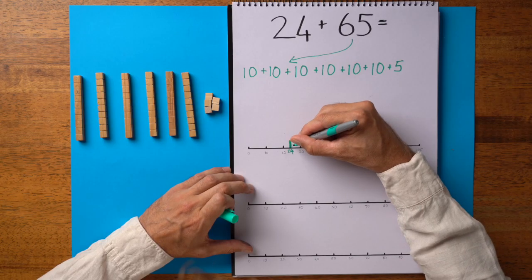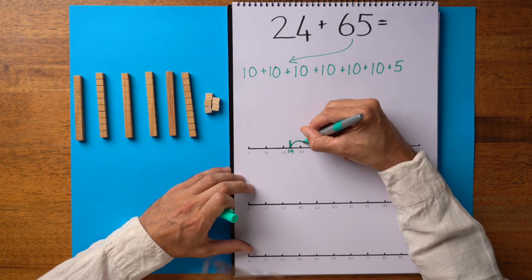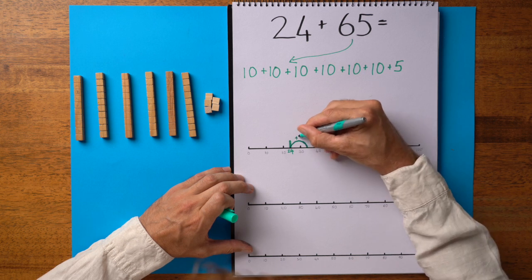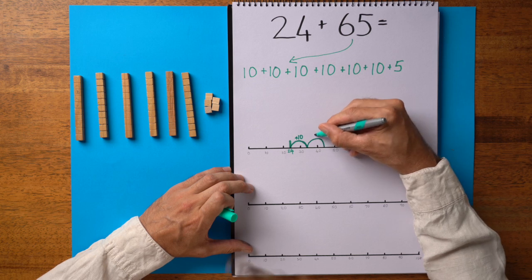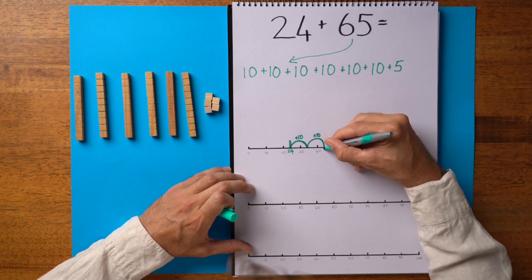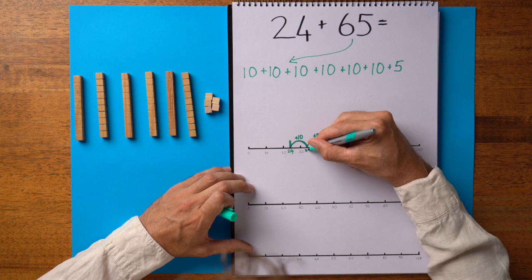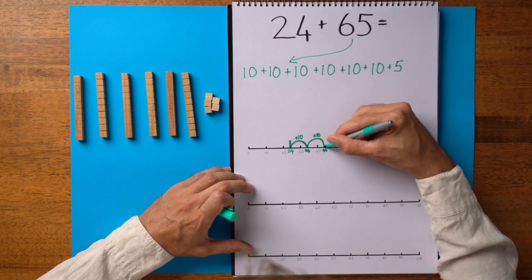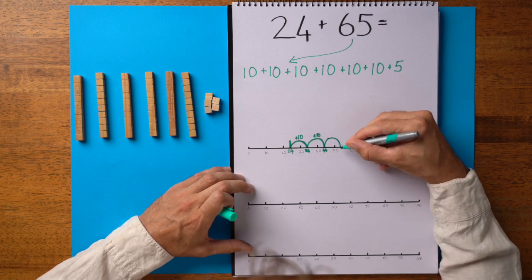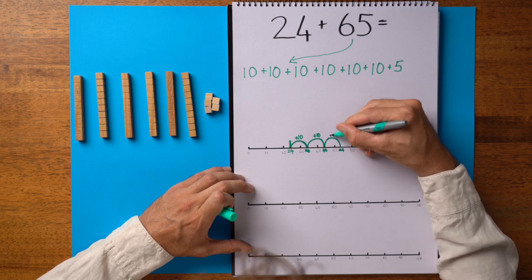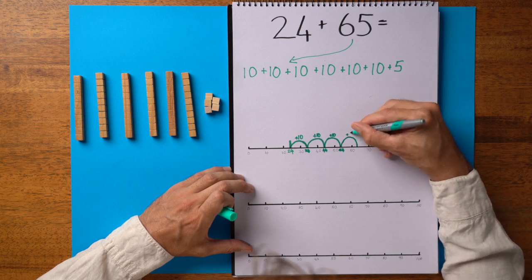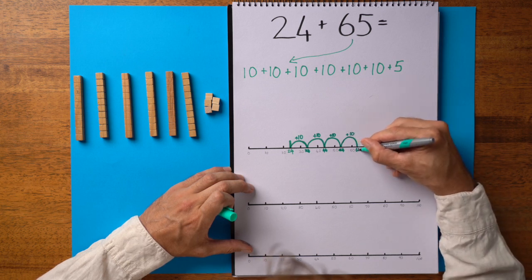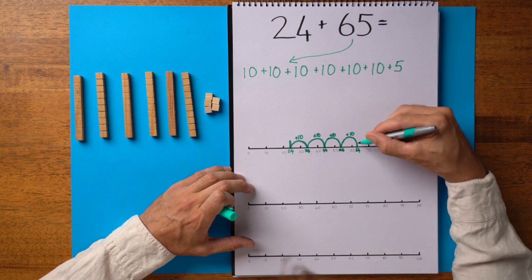When we use our number line, it's going to look like this. 24 plus 10 is 34, plus another 10 is 44. I'll write these in as we go. Plus another 10 will be 54, plus another 10 will be 64. So we've got 4 tens,